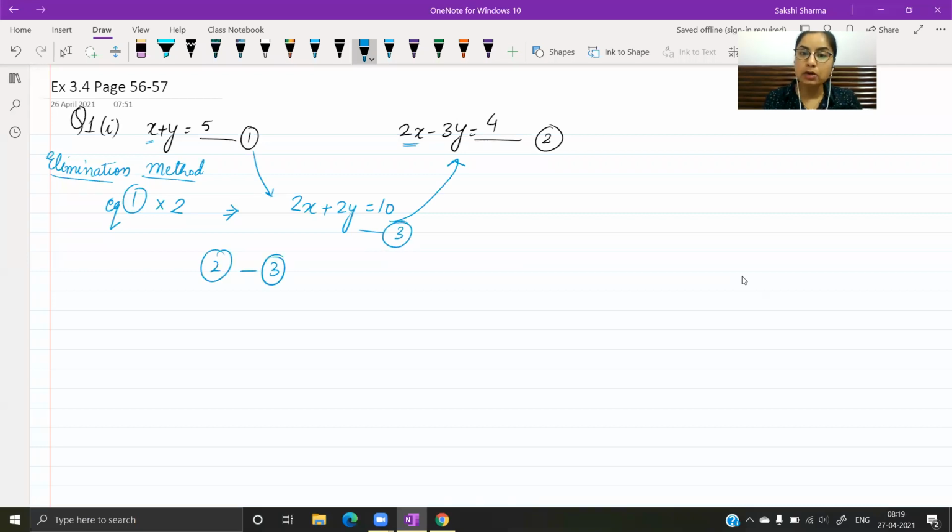आप 2 minus 3 लो चाहे 3 minus 2 कर लो, and I will be doing it by writing them below each other. This is equation number 2. टॉप पे ये आएगी, इसमें से मुझे जिस equation को subtract करना है वो इसके नीचे आएगी. And then you carry out the subtraction. For subtraction, you have to change the signs. You've done that in division. So each term changes its sign.